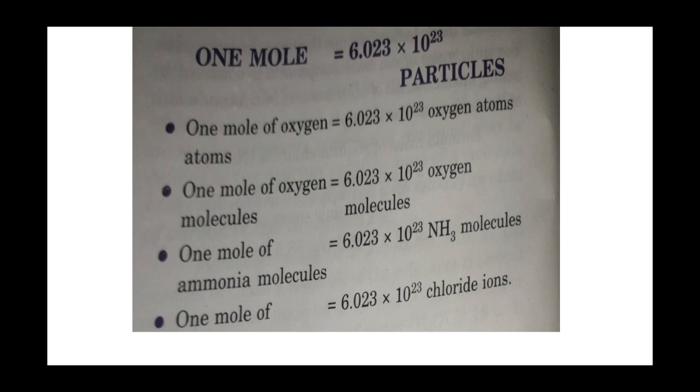For example, let us consider the following very simple reaction: N2 plus 3H2 gives 2NH3. In this reaction, one molecule of nitrogen reacts with 3 molecules of hydrogen. So it would be desirable to take the molecules of nitrogen and hydrogen in the ratio 1:3, so that the reactants are completely consumed during the reaction.